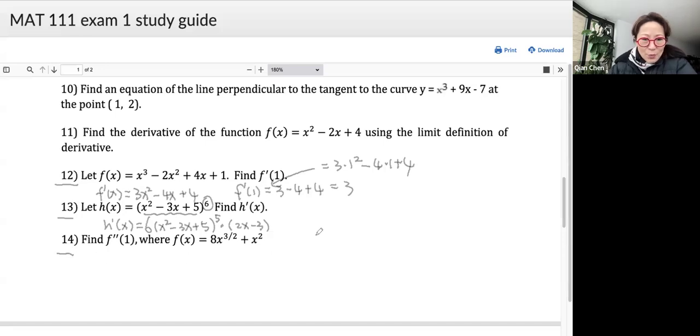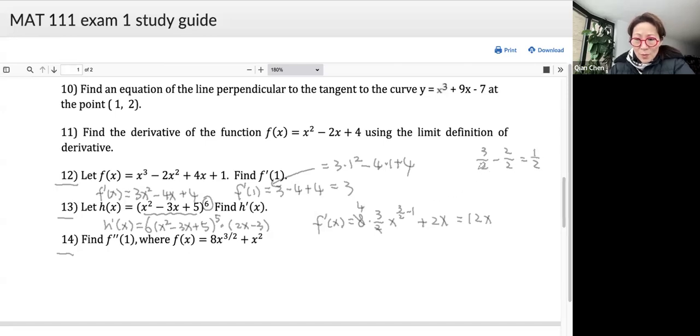Okay, last one, we want to find the second derivative. So let's find the first derivative first. So f prime of x equals 8 times 3 over 2, x raised to 3 over 2 minus 1, plus 2x. Well, simplify this. 8 divided by 2 is 4. 3 times 4, 12. x raised to 3 halves minus 1. 3 halves minus 2 over 2. Because 1 is always something divided by itself. We need a denominator to be 2, so we change 1 to be 2 over 2. Once we have a common denominator, we perform the operation on the numerator. 3 minus 2 gets 1, so one half